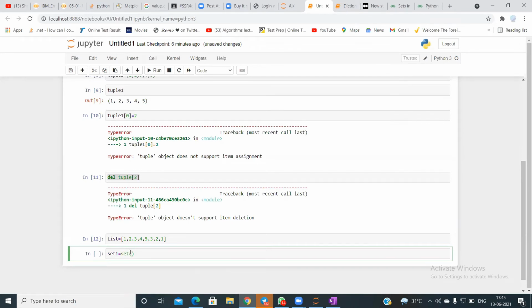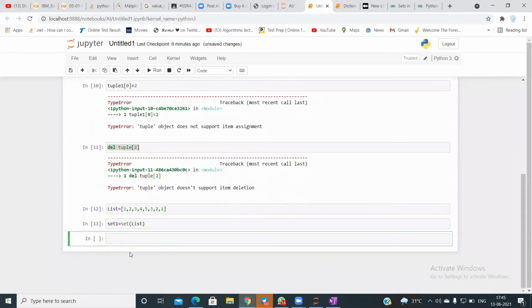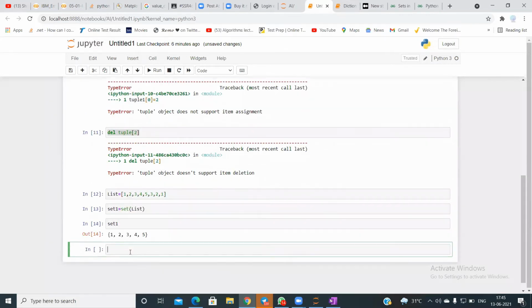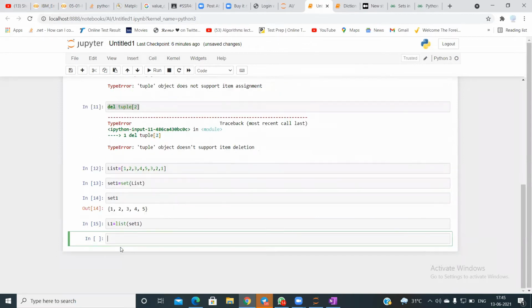I call set and pass this list, and now set_1 has only the unique elements within this list, that is 1, 2, 3, 4, 5. Now I can simply convert this set back into a list, and here you go.